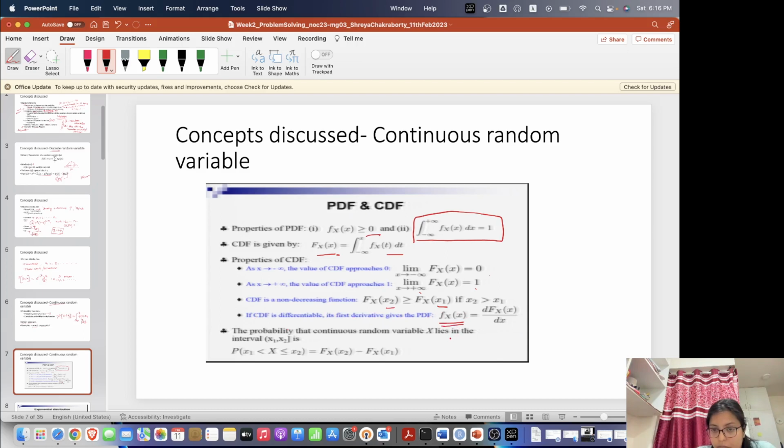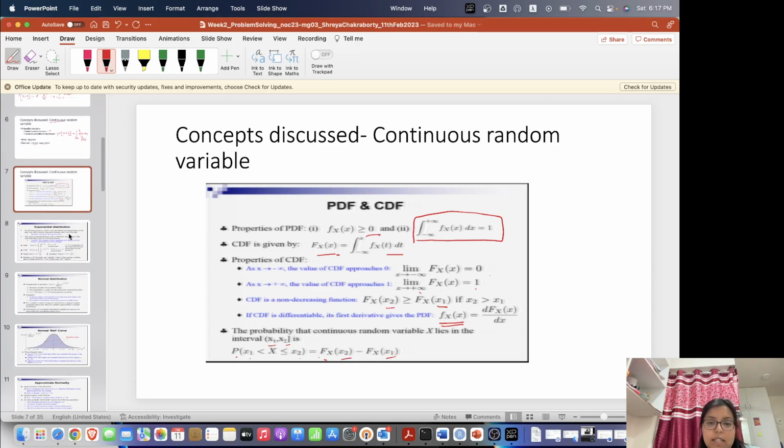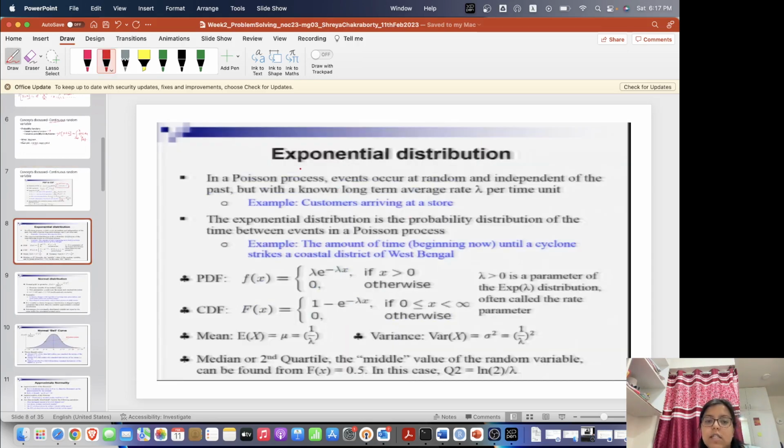And if I have to find the probability that a continuous random variable lies between these two points, so the closed bracket means inclusive of x2, that means the probability that x1 is strictly less than x, which is less than or equal to x2, is nothing but the difference of the two CDFs evaluated at x2 and x1. So I'll go through examples which will help you understand,